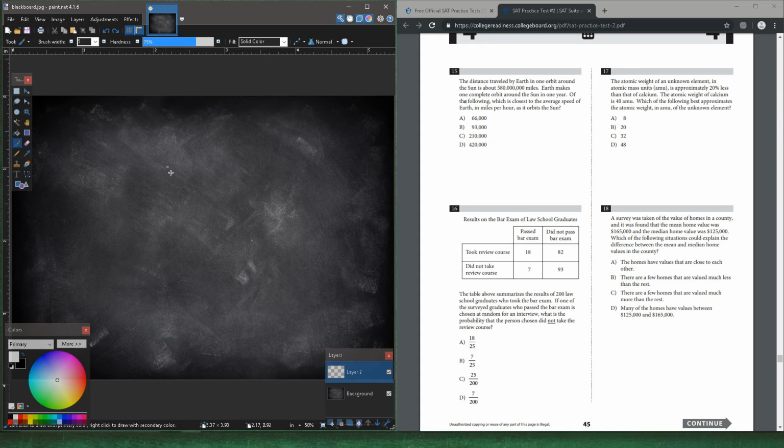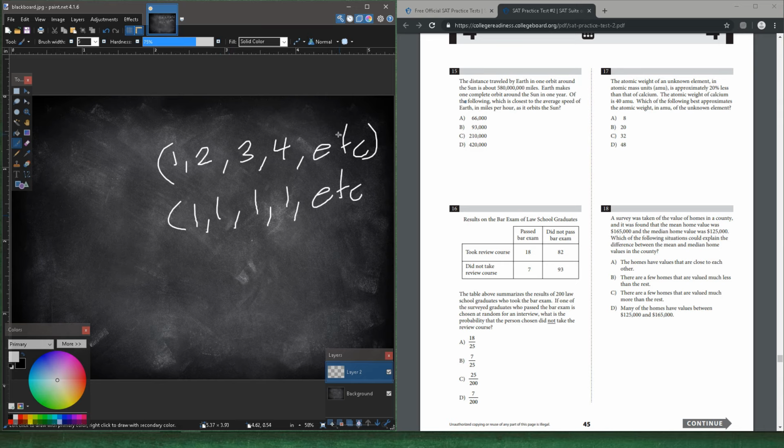Let's say you have a group of numbers: 1, 2, 3, 4, etc., and a bunch of really high numbers, like higher than 4, let's say 10, 20, and 30. And you have another group that's 1, 1, 1, 1, etc., and all those numbers are the same as these numbers, but really high also. So let's say 10, 20, 30, and this is 10, 20, 30. These are exactly the same numbers. Since these groups have exactly the same amount of numbers, but this one has ones,